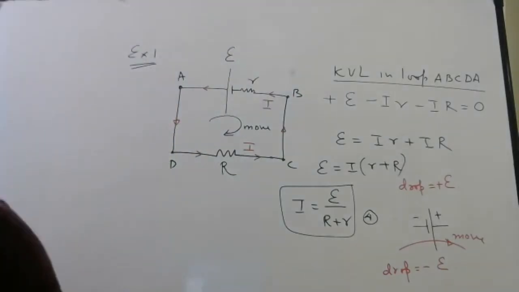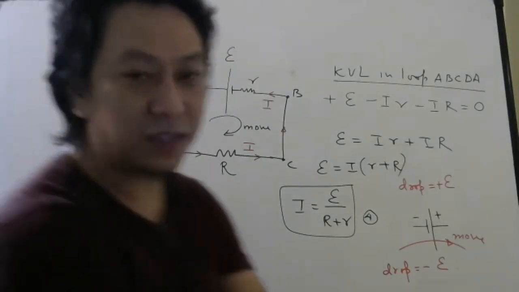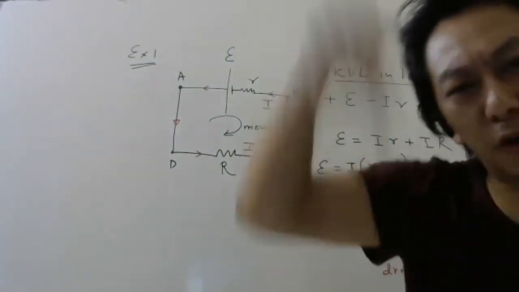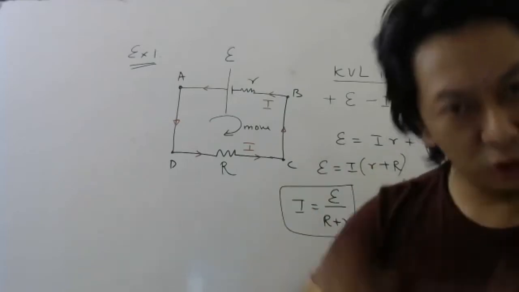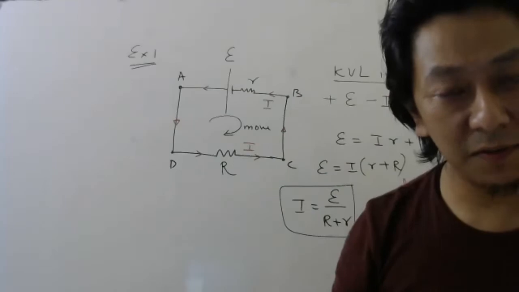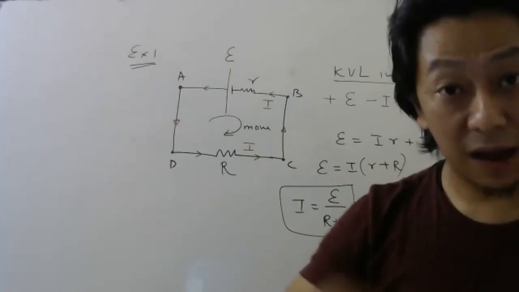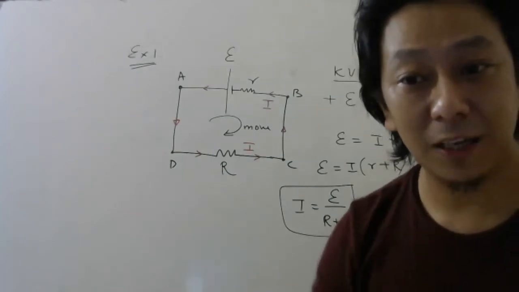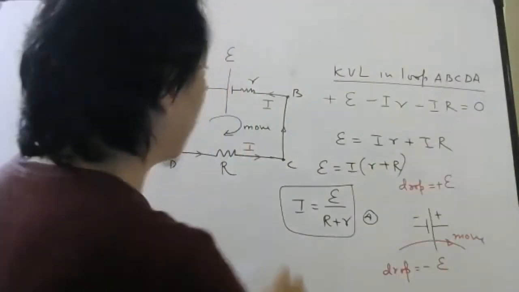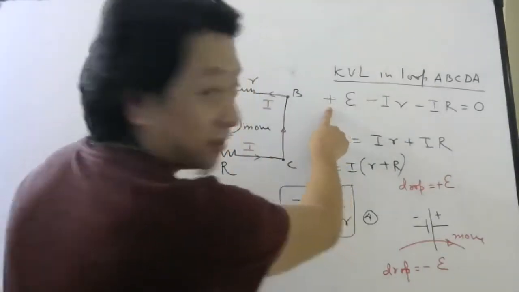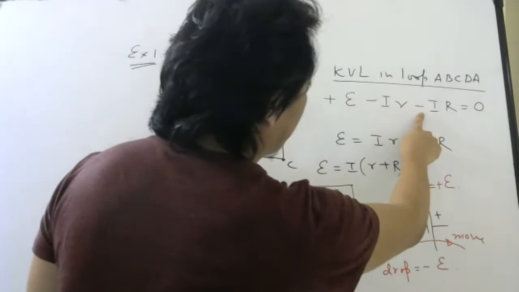Kirchhoff's voltage law. Okay, now tell me one thing. Suppose some of you say, sir, why are you taking drop positive? Drop should be taken negative. Will it matter if you take drop negative and rise positive? Will the answer change or will it be the same only? It will not matter, because if you take drop negative, then you will write minus here, and you will write plus plus here. If you take it that side, the same answer you will get.